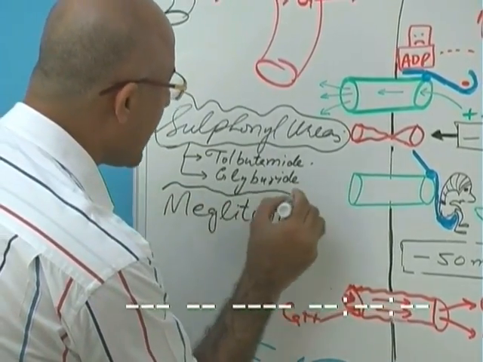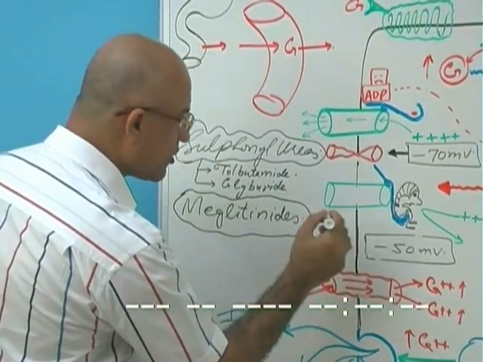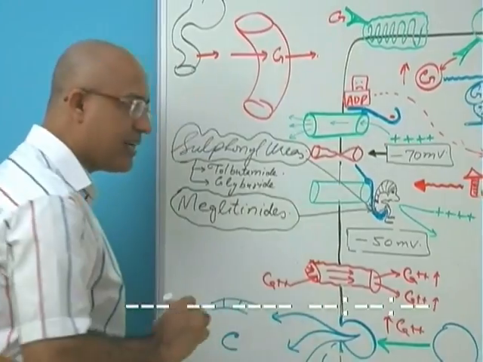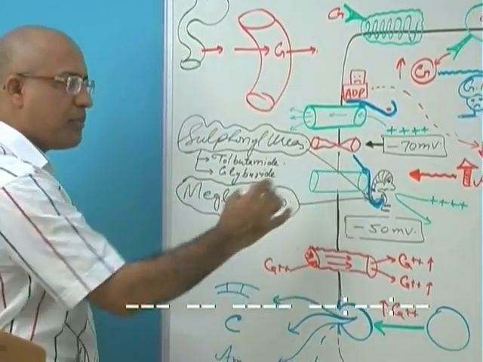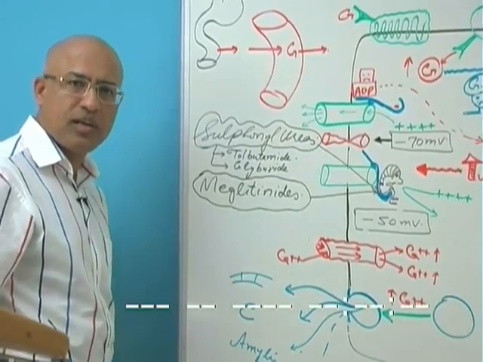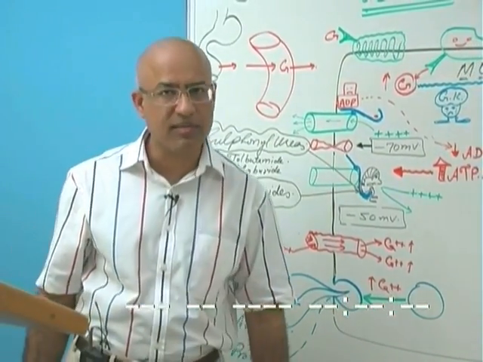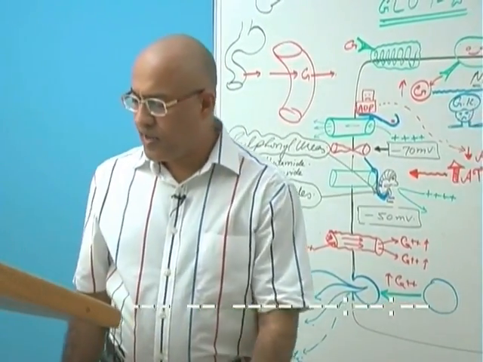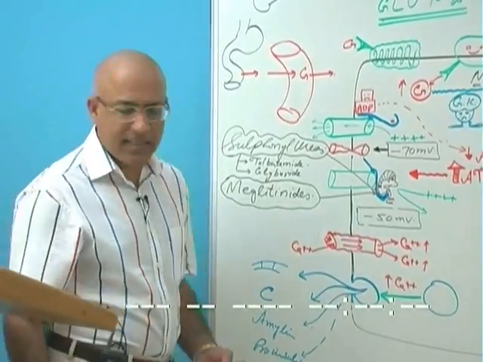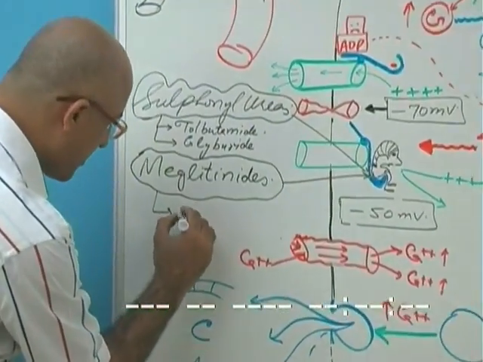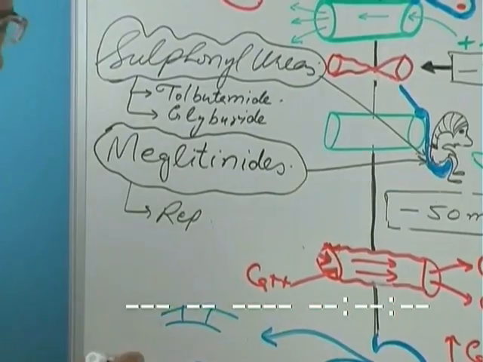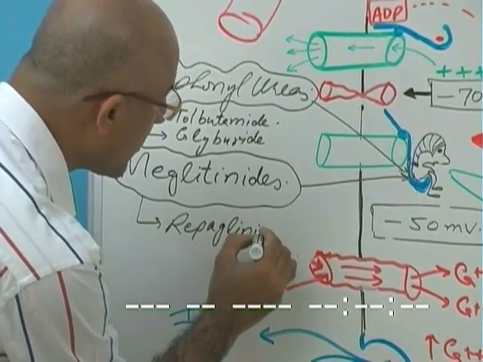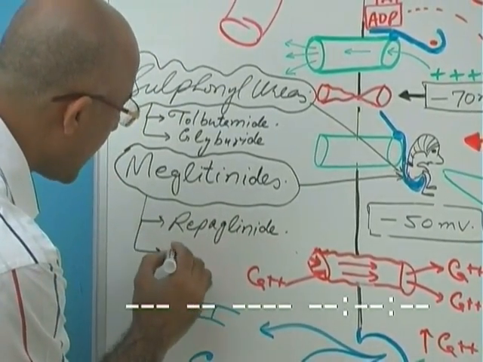These meglitinides also work in the same fashion as sulfonylureas. Both of these groups of drugs basically inhibit the ATP sensitive potassium channels in the beta cell. Meglitinide examples are repaglinide, R-E-P-A, it is not rape, repaglinide, and